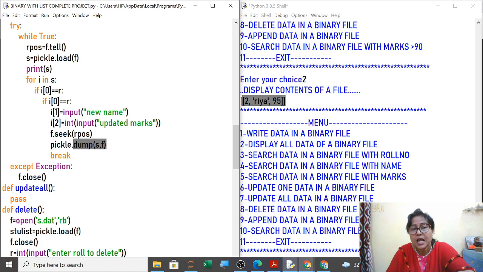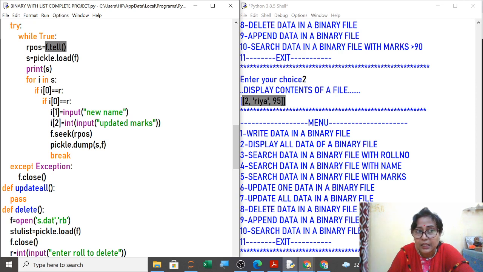We have to see that suppose after reading the first record, it is in the second record. Load is reading and moving the pointer to the next record. But previous to that, what we have done, you have noted down the position on which you have to overwrite it. Clear? Suppose you are having 10 records, and the first record you have to correct, update. So what you have done, the first tell position you have taken here. In our position you have taken the pointer from where you have to make the correction.